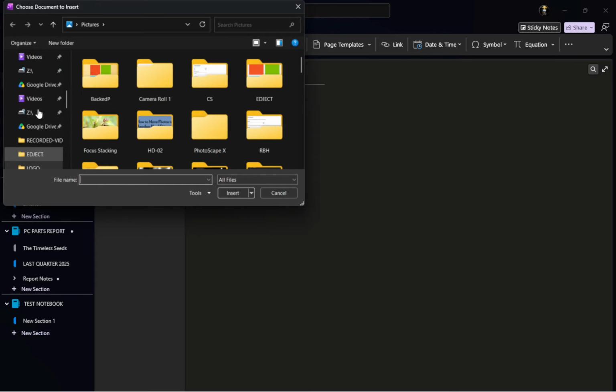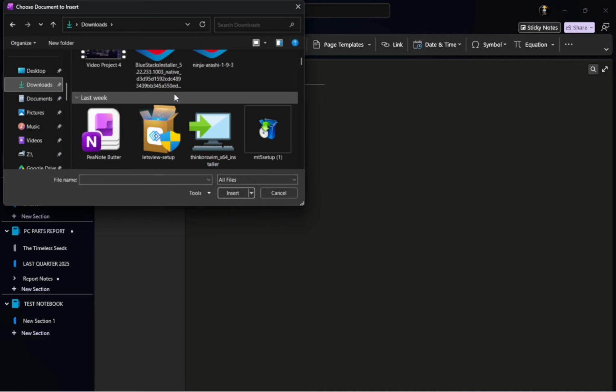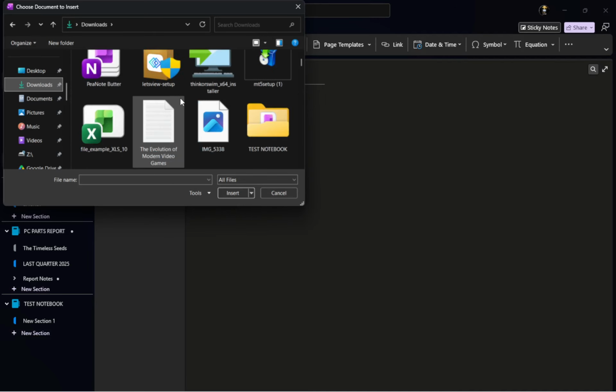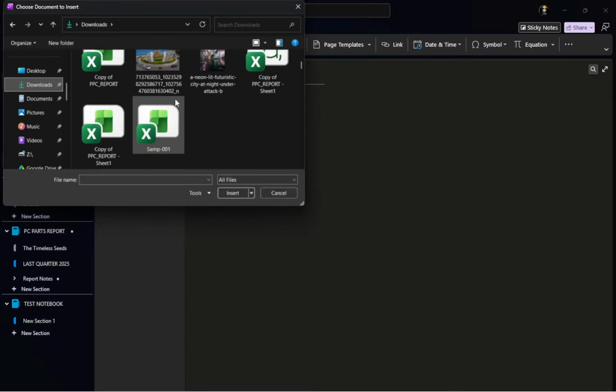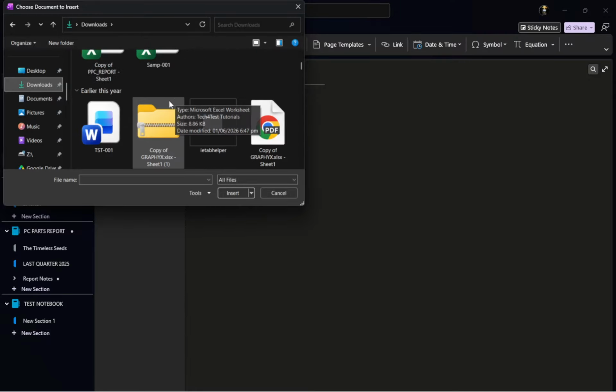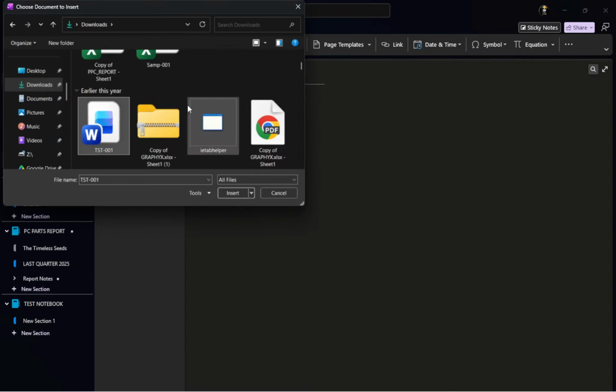Once you have made your choice, it's time to browse for the Word document you want to add. Click on the appropriate option and a file dialog will open. This is where you can navigate through your files to find the document you wish to insert. It's helpful to know where your files are located, so take a moment to navigate through your folders. When you find the correct document, click on it to select it.